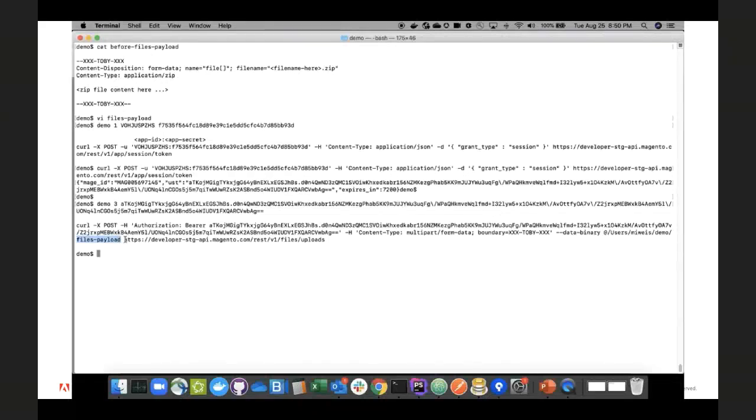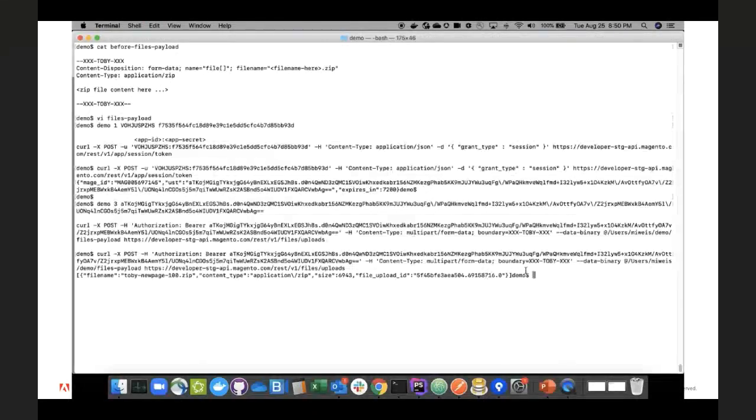And then again, we're passing it to the base URL of the dev portal sandbox. And the endpoint we're going after is REST v1 files uploads. So this is again going to upload our file,